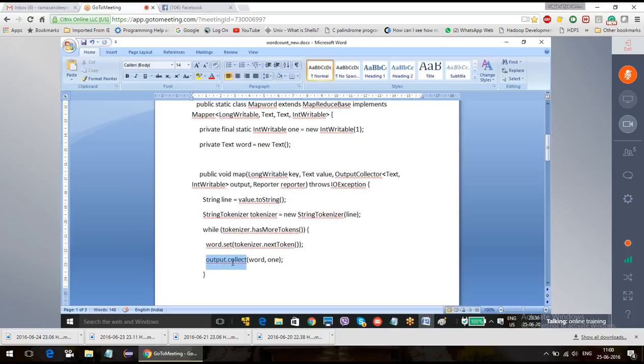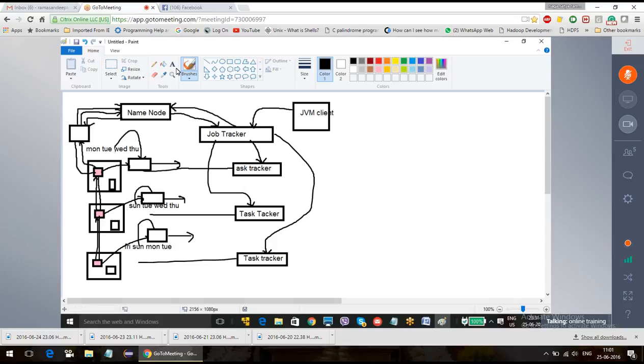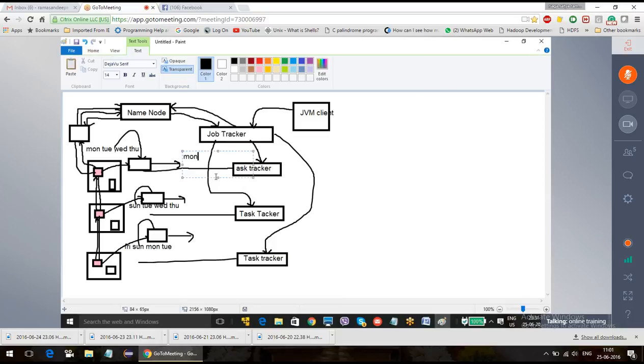And in the output it is going to do output.collect(word, 1). The 1 we already know is defined here, so it is not going to change, and word is going to change each and every time: Monday, Tuesday, Thursday, again Monday, Tuesday. In such a way it is going to be mapping. In the map task it is going to be formed in such a way: Monday,